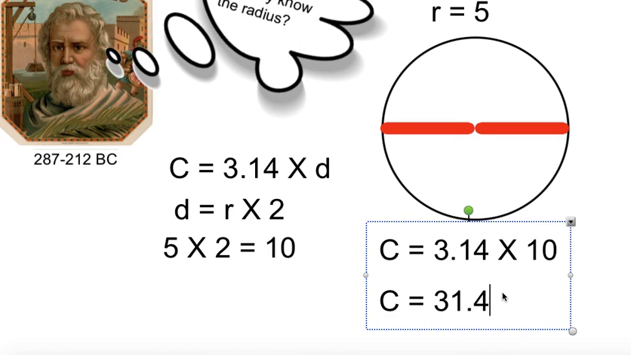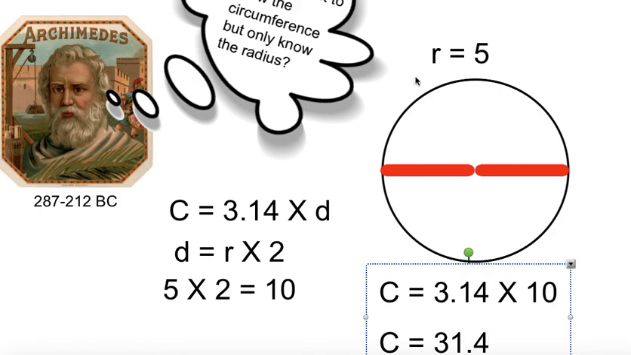Don't forget units. So in the question, if it says centimeters and millimeters, you need to list that here. And this is a very generic question. So that's it. You now know how to calculate the circumference if you're given only